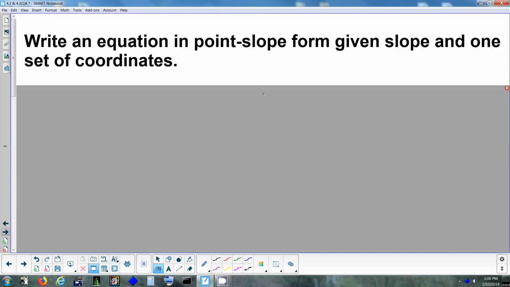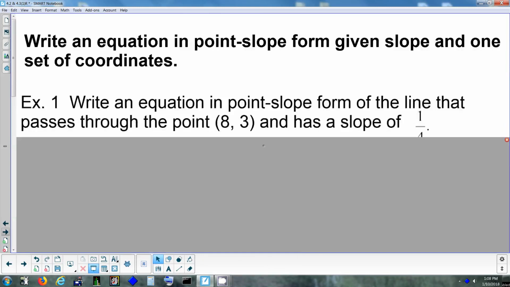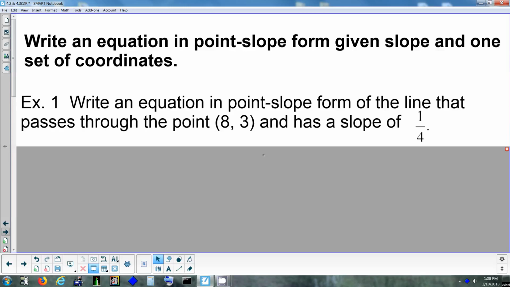So when we're setting up, you'll see you have an example there, right? Write an equation in point slope form, the line that passes through the point (8,3) and has a slope of 1/4. All right? So, first thing we have to do is